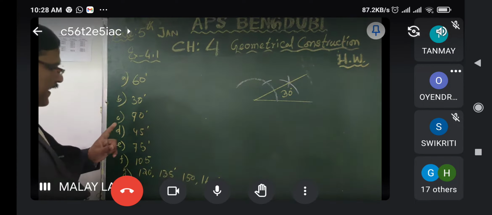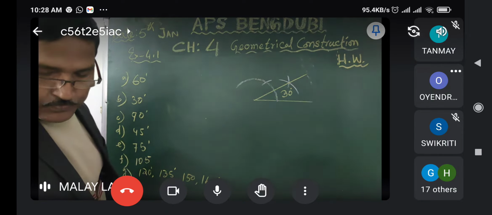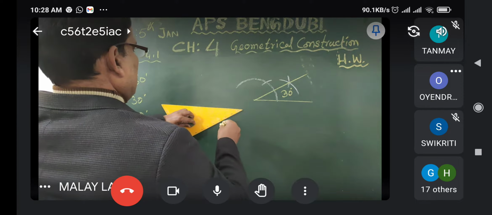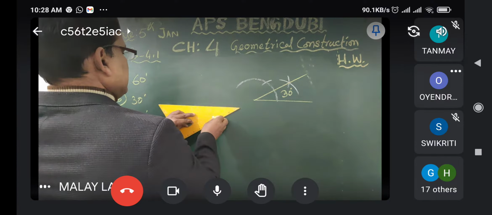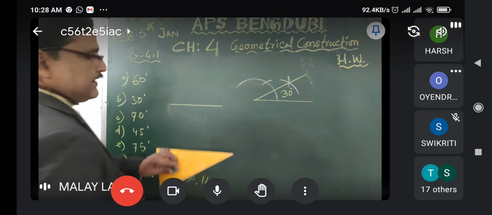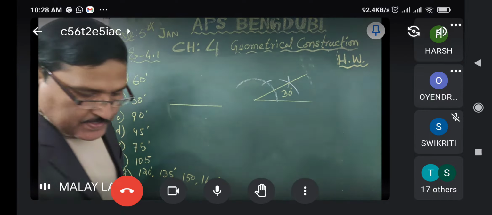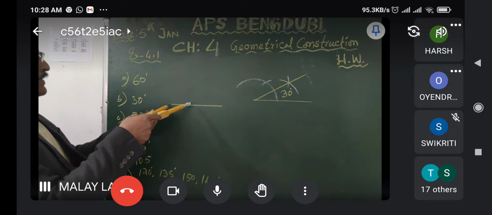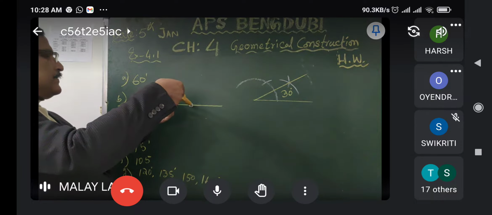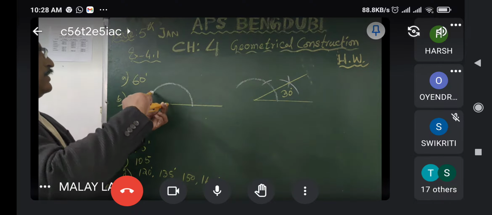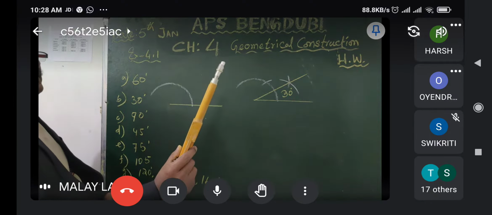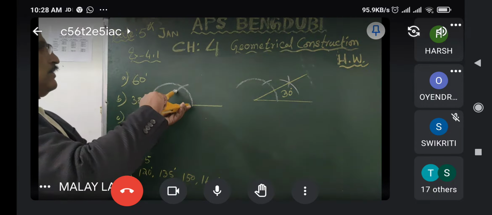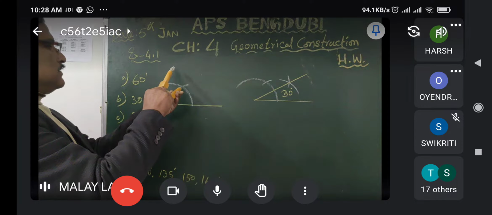I have to draw 90 and 45. What to do? 90 and 45. So for 90, same way, I will first draw one line segment, a line segment with a convenient radius. This is the convenient radius. Now draw an arc at one end. Draw a semicircle more or less with the same measure. Place it here. Cut 60. Cut